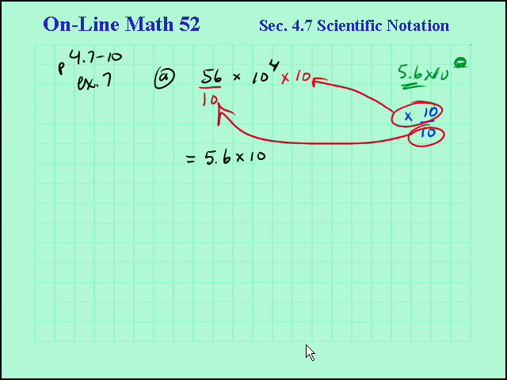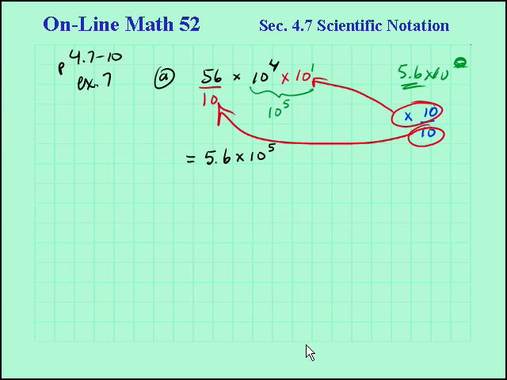Now, think about this. We don't see a power on this 10 right here. It's 10 to the 4th, yes, but times 10 to the... yes, 10 to the 1st power. And we can use the product rule of exponents to say that these together become 10 to the 5th power. 4 plus 1 is 5. So that's how we are able to adjust that particular